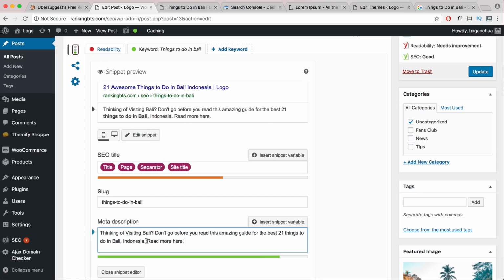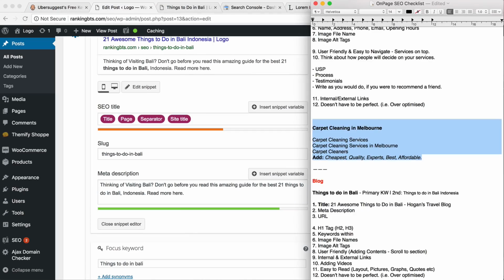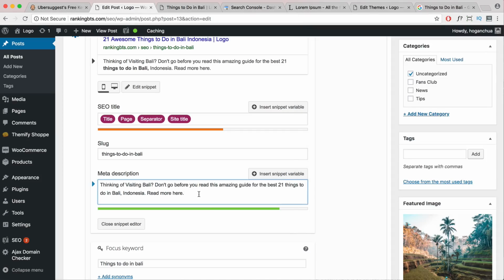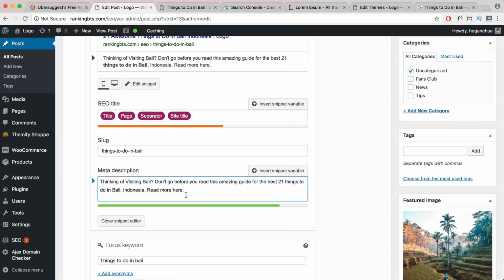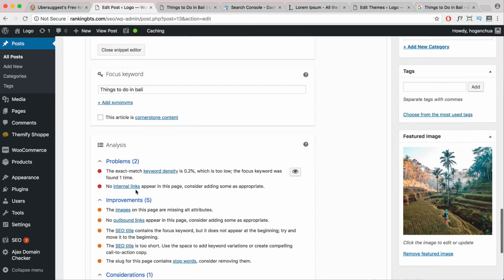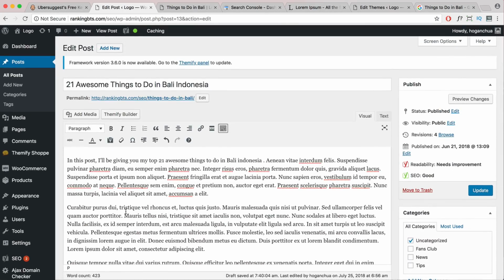You don't have to have it exactly, but try to include a variation of it. When you've done your keyword research, you should have other keywords which you can include in the meta description as well. So I've included Indonesia there as well because that's my secondary keyword. And here, internal links. So internal links is because, if you're writing an article, you can actually do